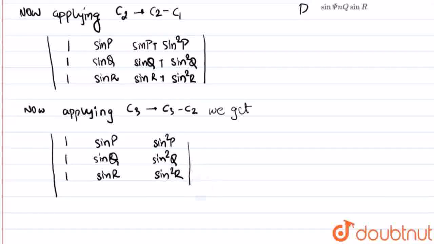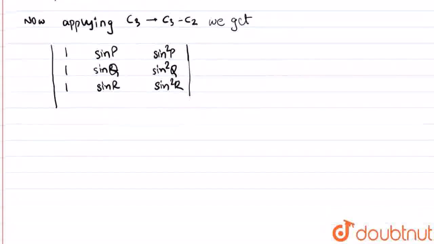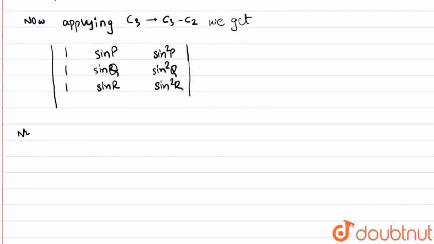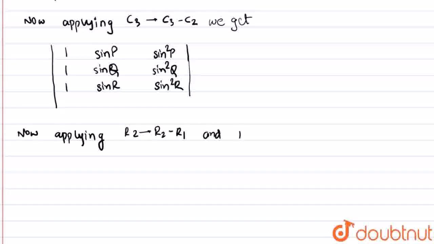Now we apply some operations to the rows to make our calculations easier. So we apply R2 to get R2 minus R1 and R3 to get R3 minus R1. So the resultant determinant that we obtain from the following operations is 1, sin P